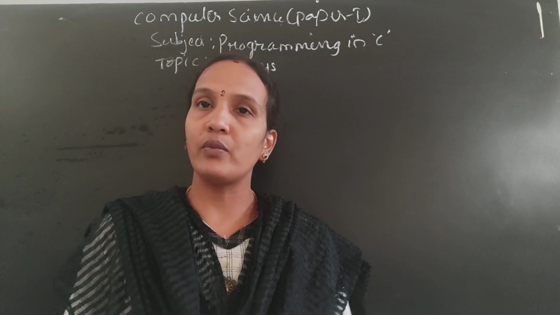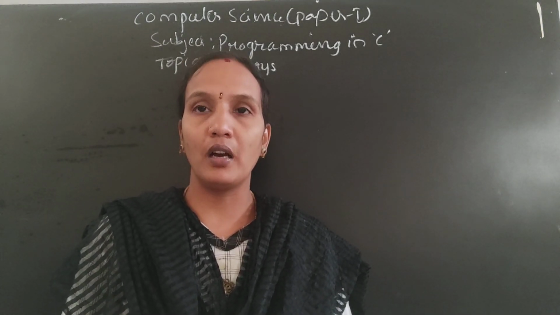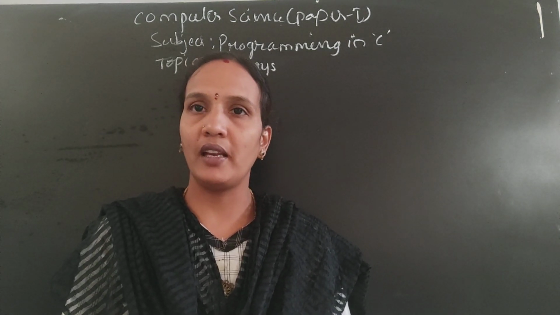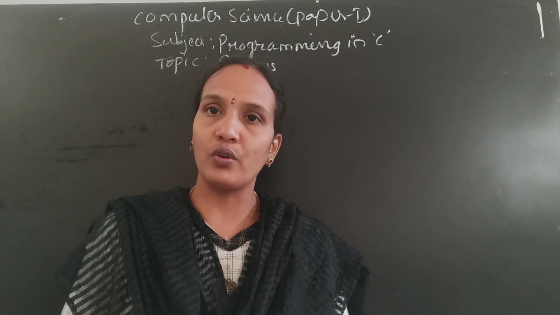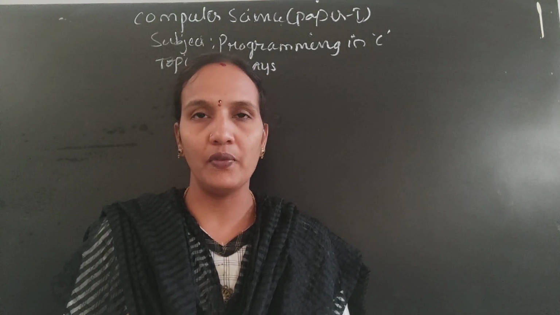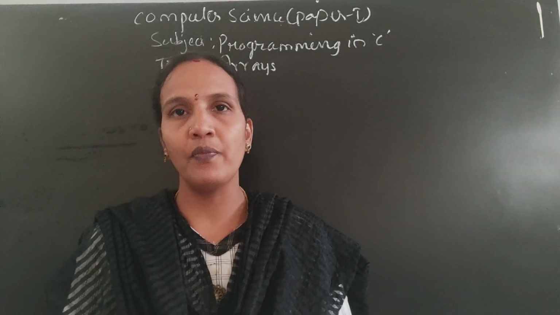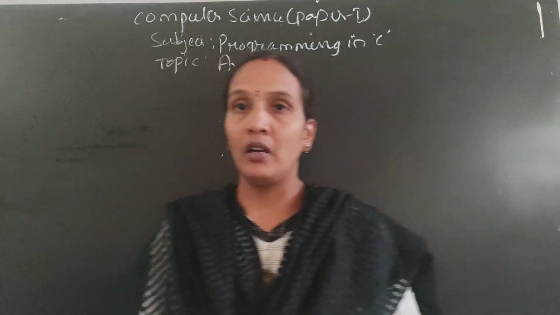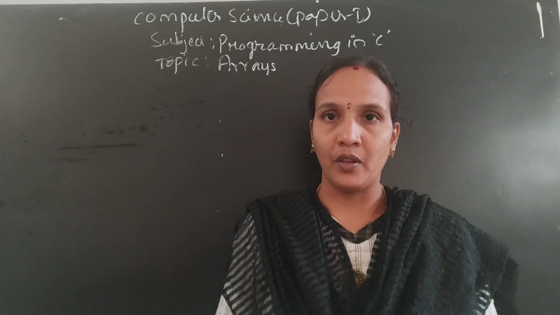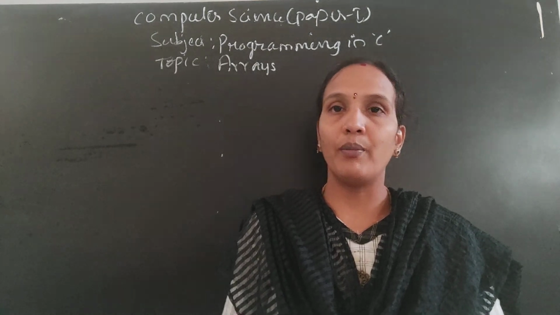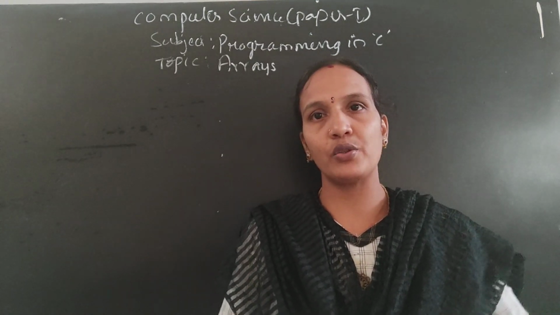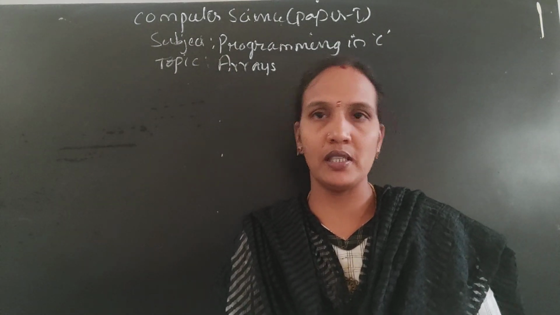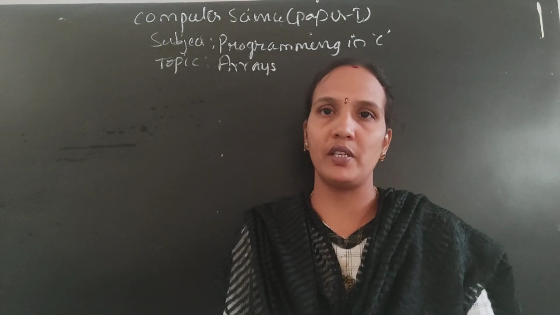So what is the use of the array and how many types of arrays we have, that we already completed. What is an array? If you want to store more than one value of the same data type in a single variable, then we use the array. From a memory point of view, if you are declaring 5 variables or an array with 5 elements, it is the same. But each and every element stored in that array is identified with the same name. Only the index number will change.